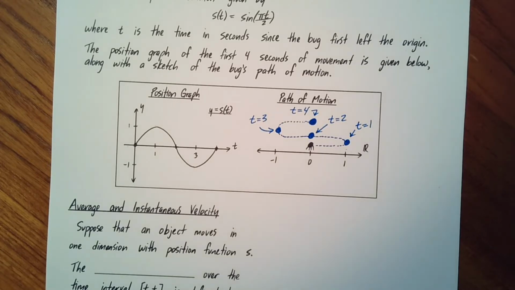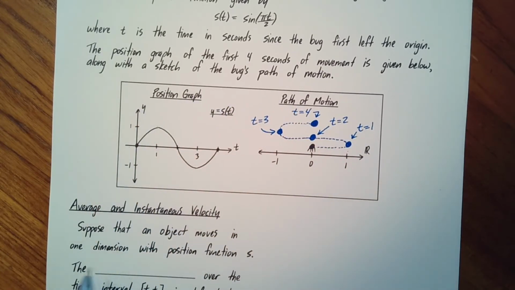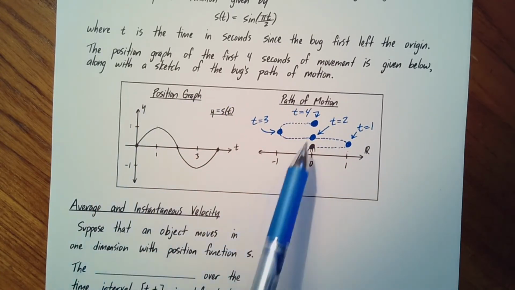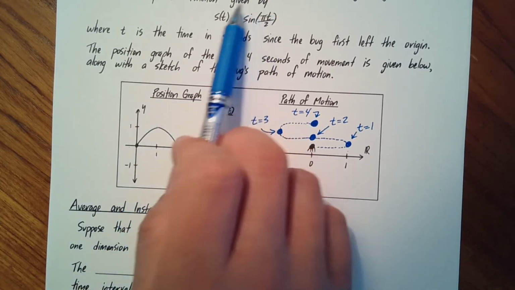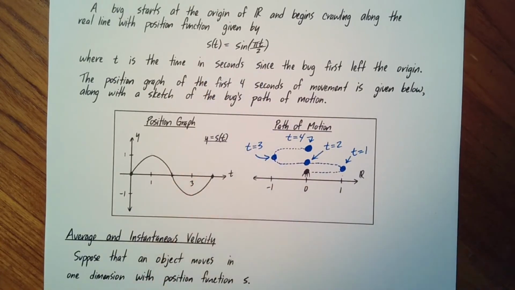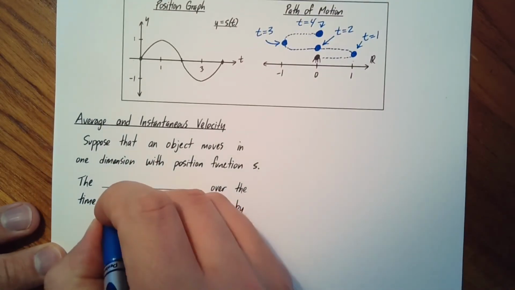So we'll start with the average velocity, and in order to define it, you're going to need to have an object moving in one dimension, which we have here, right? Suppose that an object moves in one dimension, and you're going to need a position function, which is given here as s. So let's assume we've got all that. You can think of this as an example, right? You can think of this in the background. You've got some object moving back and forth along one dimension. It could be this bug, and it's got some position function, which could very well be this position function up here, but it doesn't need to be. This is general. Okay, so we're going to define the average velocity,